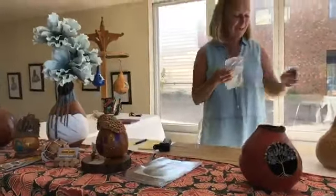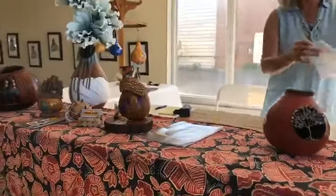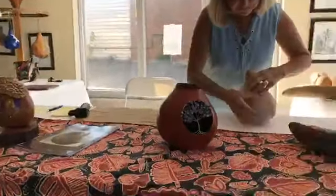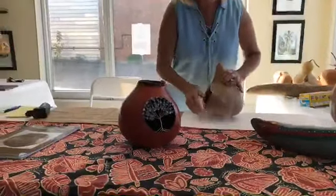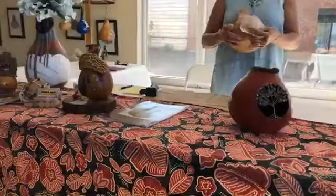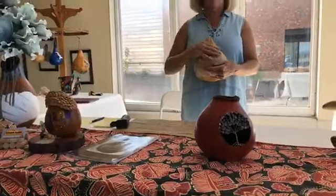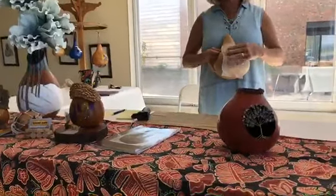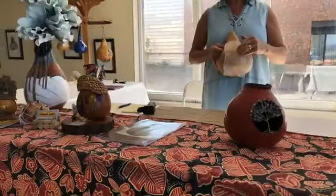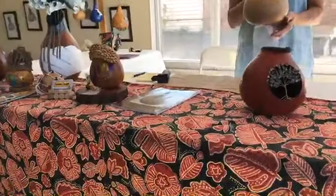I can do this. So what you do is you get this leaf, okay, and you can set it on your gourd and then you press it on there, and if you don't like it there, you can just take it off and move it over here. So it makes it very easy to craft something when you're able to move that on and off. So once it's on there and you get it all pressed on, then you wood burn right through this. And then you peel off the excess and you take it away